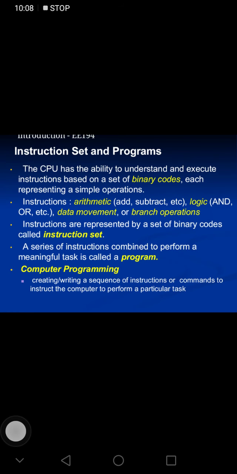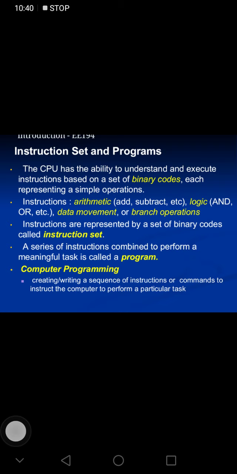The CPU has the ability to understand and execute instructions based on a set of binary codes, each representing a simple operation. The low level language or assembly language we mentioned earlier is converted when we input instructions to the CPU. The instruction is converted into binary codes, which is what our computer understands.